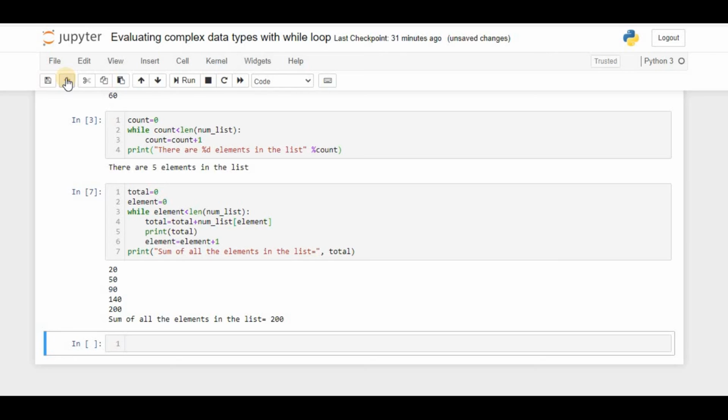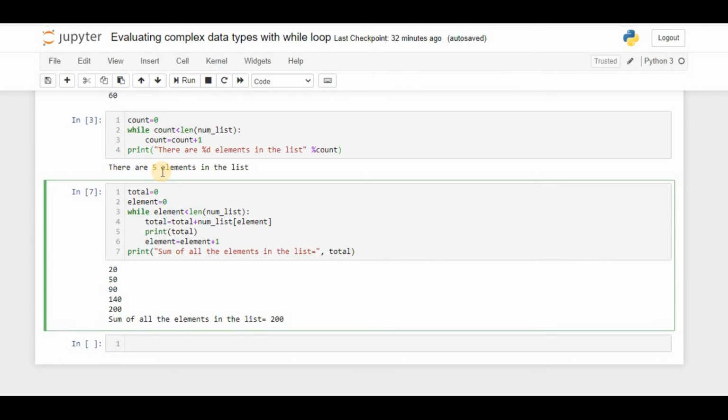So I already said that I'm going to make some more modifications to this same program. So what are we going to do, we will see now. This is a very important thing, and it is very simple, friends. In this, we are just creating two variables, that is total is equal to 0 and element is equal to 0. In each and every iteration, if the element is less than the length of my list, whatever list I give to it, in each iteration the total is going to be printed. For example, if I didn't give total here, what will happen, we'll see.